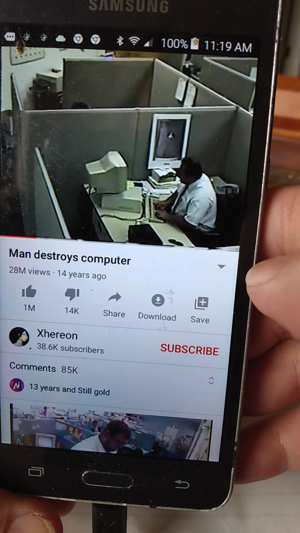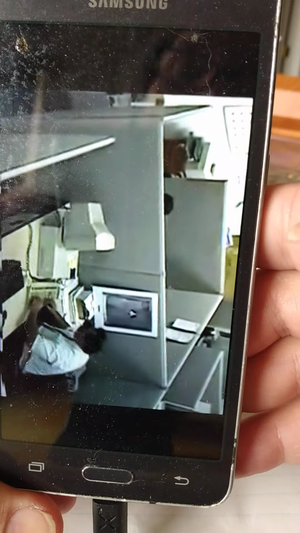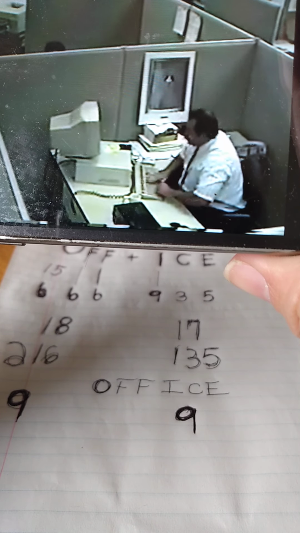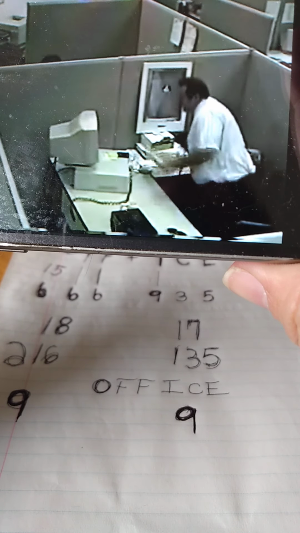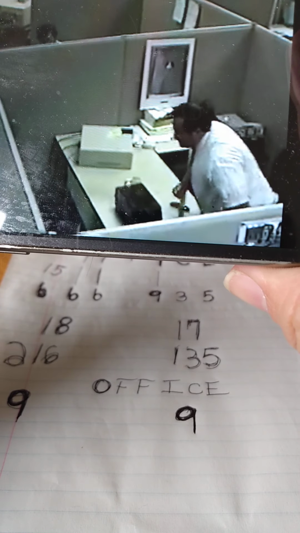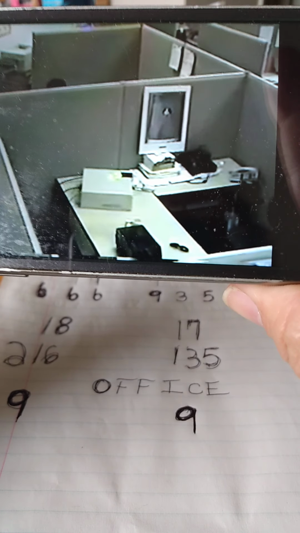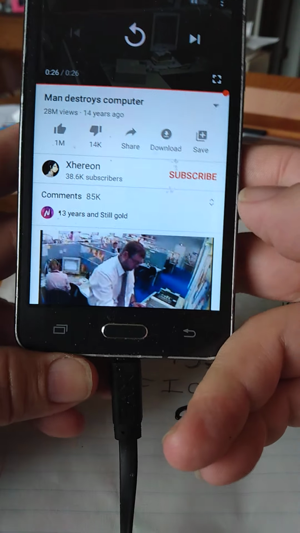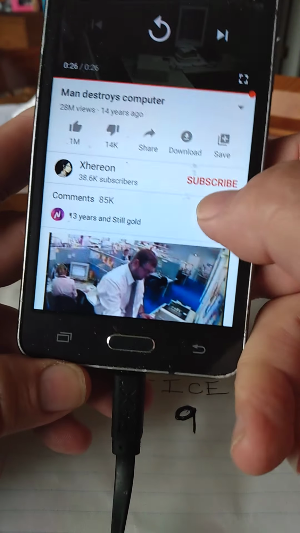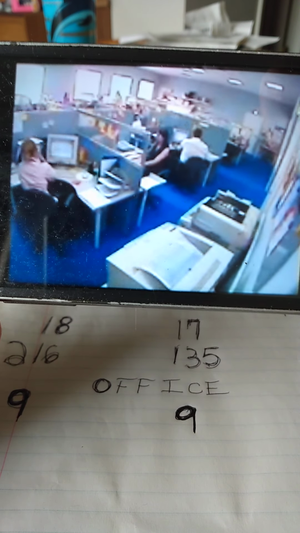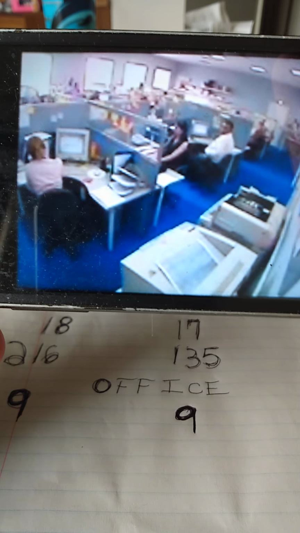I don't know if I make it bigger, if it'll turn sideways or just... Oh, yep, turn sideways. So we'll just turn this sideways. Humans are not meant to be working in an office. See what happens? When you work in an off ice... That's what happens when you work at... Oh, what's this one? Here's another one. Let's see what happens with this guy. See all these clones in the off ice?